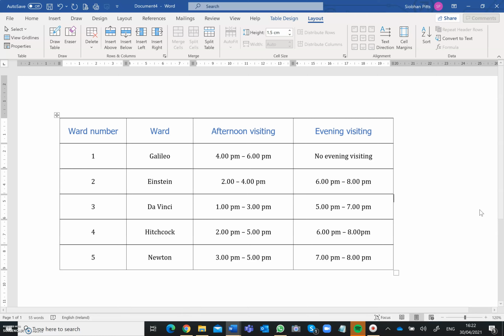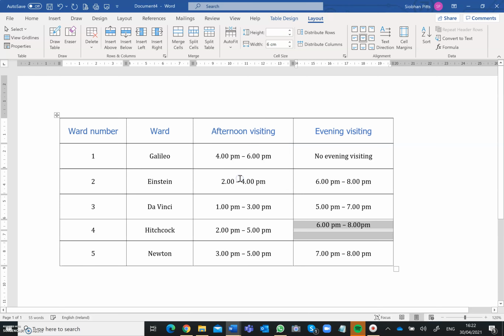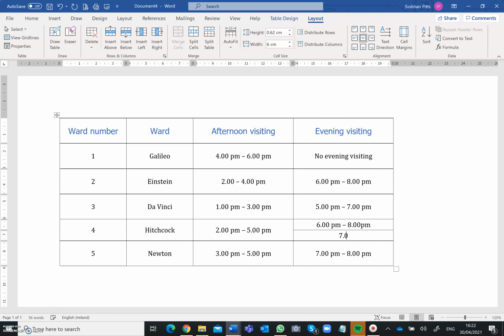Okay, so the next thing that we're going to look at is we are going to split a cell. I know we did this in our questionnaire for the opening times in the Recycling Centre questionnaire. So I'm going to select the evening times in the Hitchcock cell, and I want to split that cell into 1 column and 2 rows. And I'll say OK. And in the second section here, I'm just going to type in 7